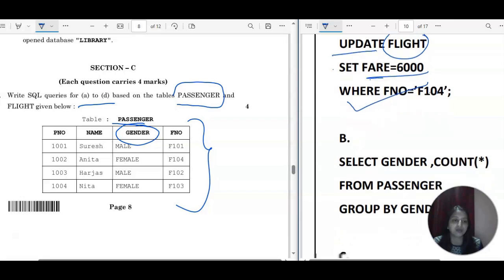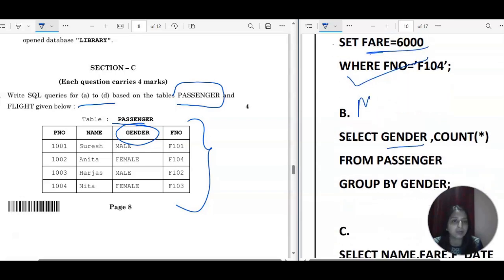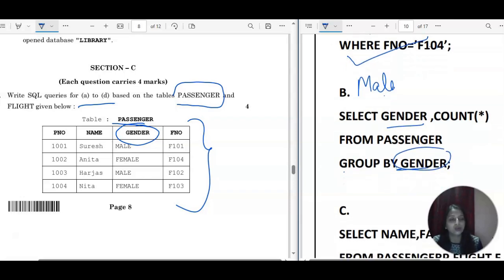So please go for it. We have select. First you will write gender, so this will give you male or female. Suppose the first time it is starting with male, it will count the male, because we have from passenger table group by. What I did, I wrote here gender. So it is going to do the grouping with respect to the gender field of this passenger table. Gender is this only, in which 1, 2, so 2 males are there.